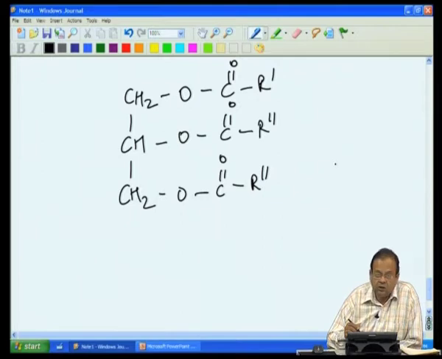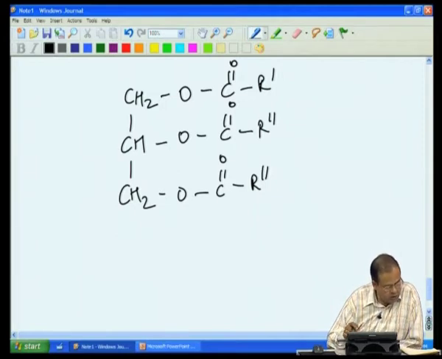Now, these triglycerides, as you know, we are also looking at as a source of biodiesel, and that is where the clash arises. Do we use it as a food or do we use it as a fuel? But let us keep aside that conflict for the time being. Let us focus on the reactor design.